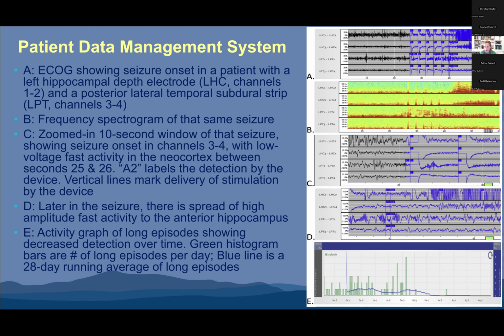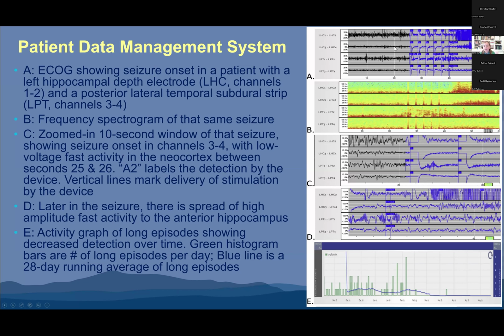device fires in response. In box C, it's a close-up of a 10-second window to see where that seizure starts, which is between seconds 25 and 26. And you can really see it starting in channels 3 and 4. A2 is the little blue box there, which labels when the device recognizes that seizure. And each of these lines marks where the device stimulates. Later in the seizure, you can see that it then spreads up to channels 1 and 2 into the anterior